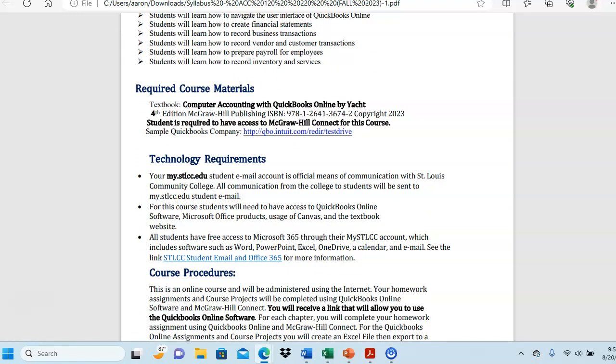Now, the required book for this course is called Computer Accounting with QuickBooks Online by Carol Yacht. It is the fourth edition. You also need access to Connect for this course. So if you buy your book from the online bookstore, if you buy the new version of the textbook, it